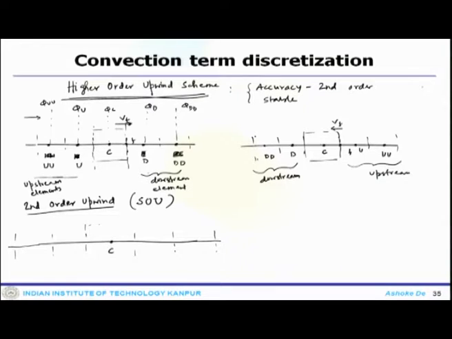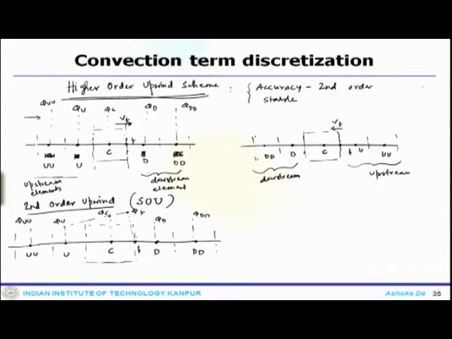Now, at this particular element, this is the face and the value which is upstream of it. Let us say this is U, this is UU, this is D and this is DD. If you consider the values between all these, they will go like that. So, this will have phi D, this is phi DD and this is phi U, and they would be some sort of phi C, phi F and this is phi UU.